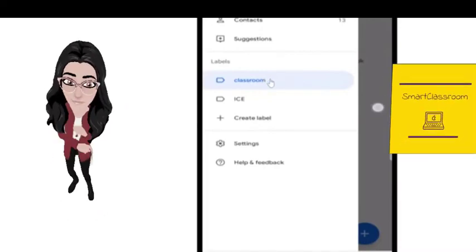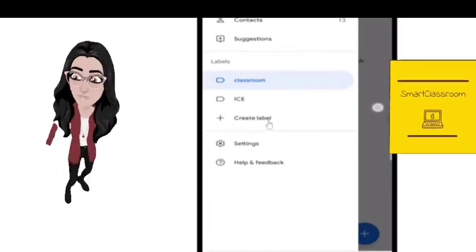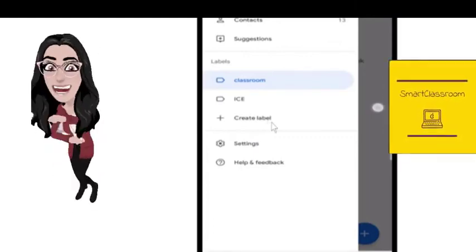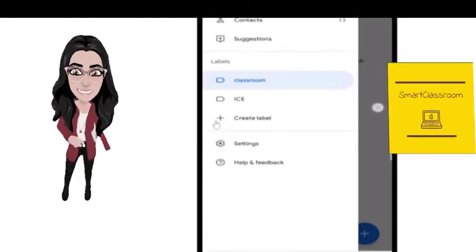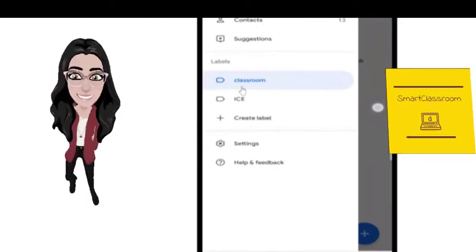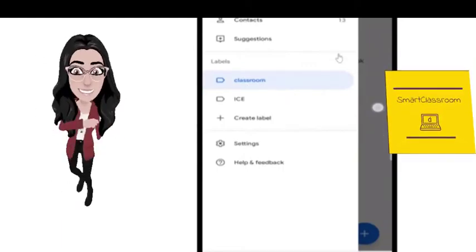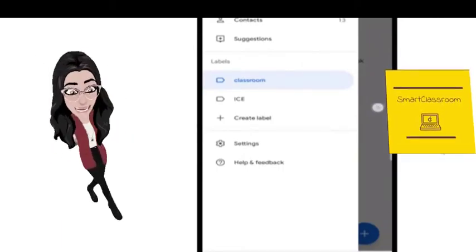But remember, in Google Contacts, it is called a label. Our group is actually known as a label. So we go to the create label option to give a label to our group. Once we have created the label of our group, we add contacts to it, and then we are ready to send Gmail to it.